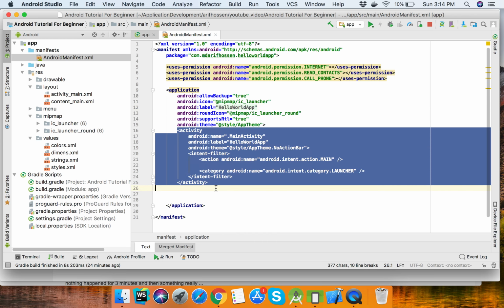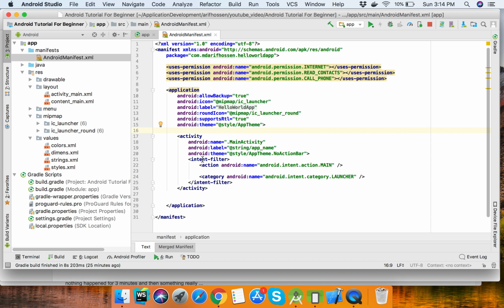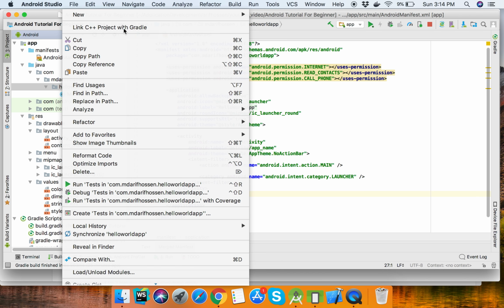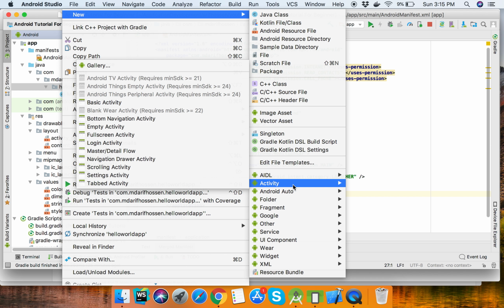the manifest file. This is the activity in the manifest file, and if we want to add a second activity, then it will also be added in the manifest file. Suppose we add a second activity, here we can create a new activity. This is the activity, and this is the